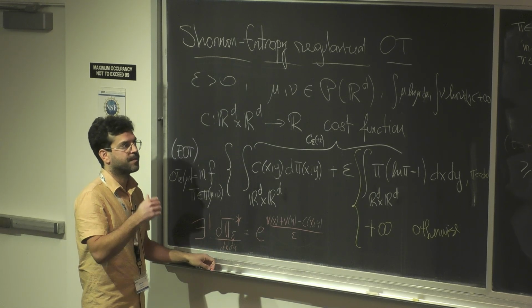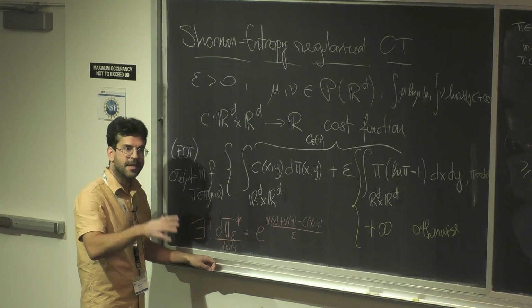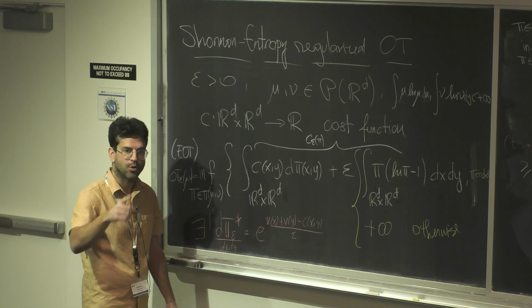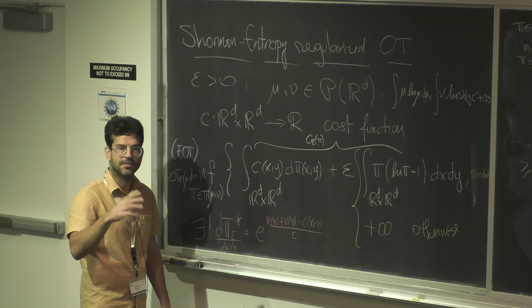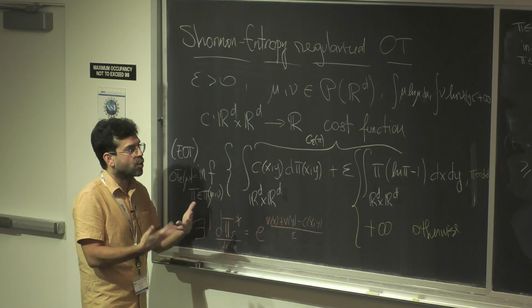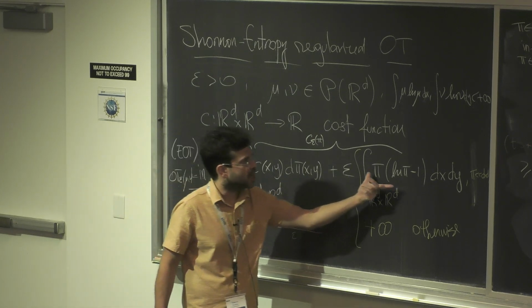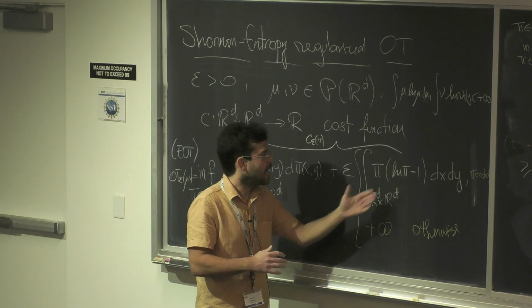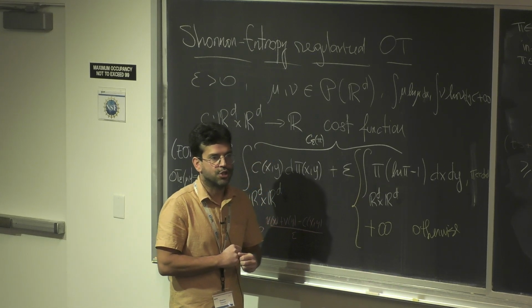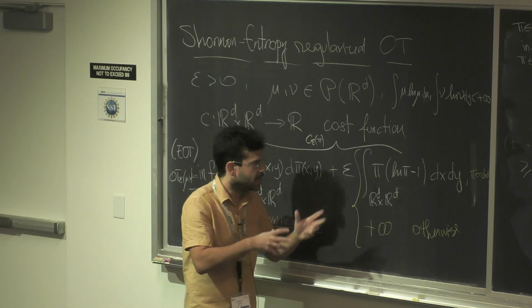And what is very cool is that in the quantum setting, and you guys are welcome to talk to Natalia and Lorenzo about this, you can do exactly the same. You can replace the Shannon entropy by the von Neumann entropy, and then you can go to more general convex functions, and even a little bit less regular.